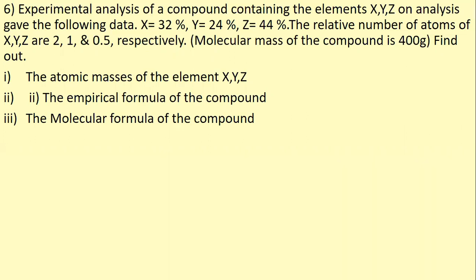Okay, so now the first question is the atomic mass of the element. We have to calculate the atomic mass. In the previous questions, they gave the percentage value, and using the atomic mass, we would calculate the simplest ratio, right? So actually this problem is based on the empirical formula. Here we have to calculate both the empirical formula as well as the molecular formula, and also the atomic mass of the element. Sometimes the question will be given in twisted form, but the question is very easy.